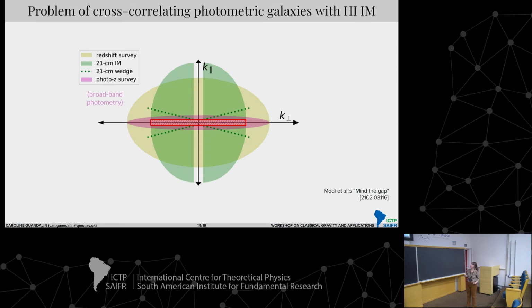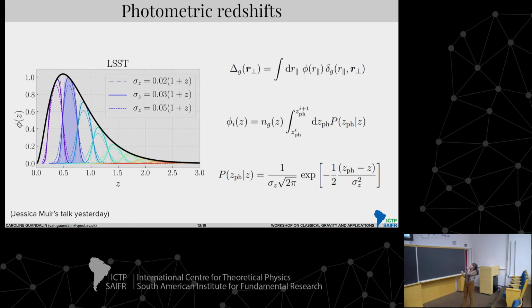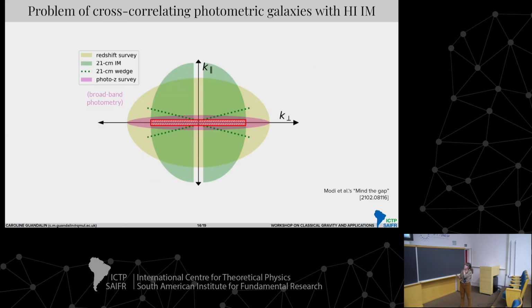There is a problem here. We are talking about these photometric redshifts that will have this damping along the radial direction. And this damping, I'm modeling here as an exponential, as a Gaussian damping. This will remove the very large k parallels. So you're losing information from your small scales when you have these photometric uncertainties. And this is because you don't know how to place the galaxies along your radial direction.